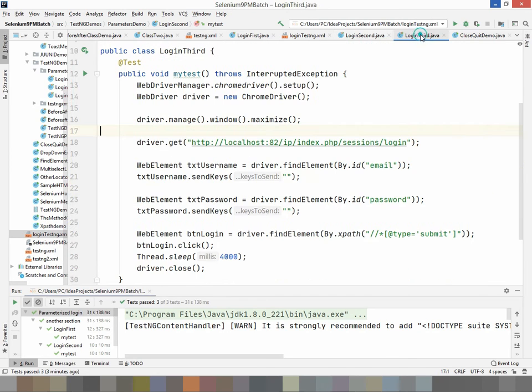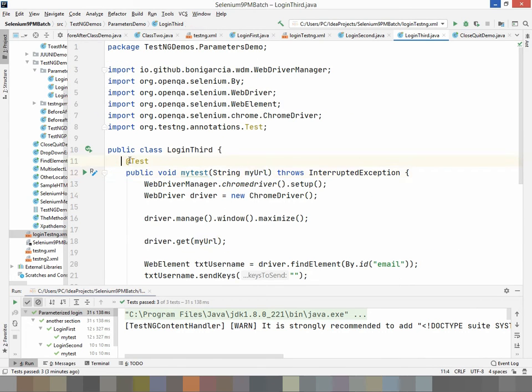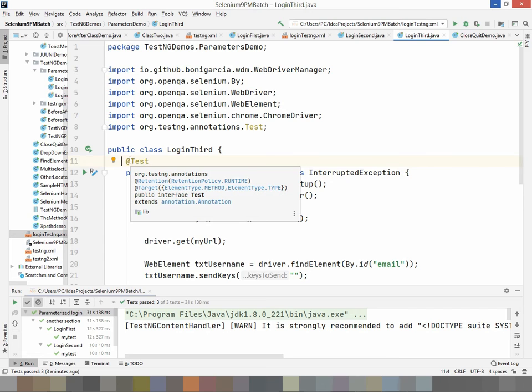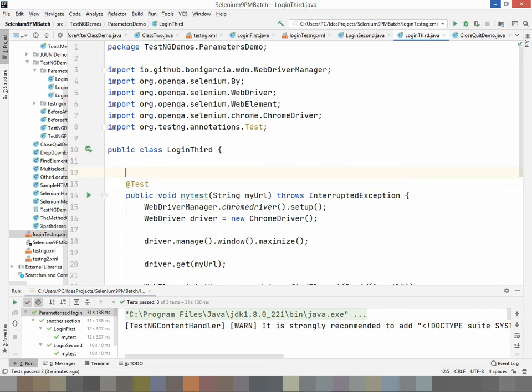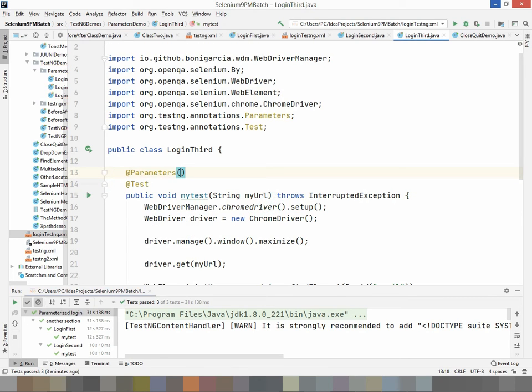And the third one, here also, just String myURL, and above the test I have to write @Parameters, parameter from testng, and use the name of the parameter, URL.